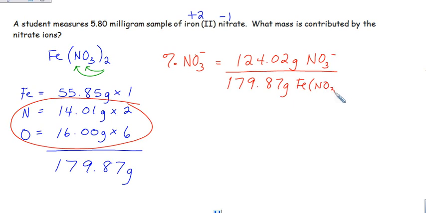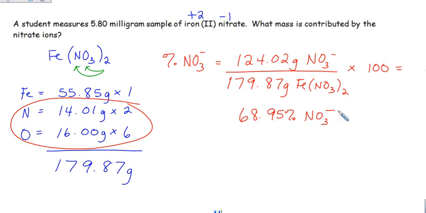Show me this work. Show me this mass. Show me this formula. I don't need to see the blue stuff. Show me the red. Times 100. So this would be about 68.95% nitrate. So almost 70% of the mass is coming from the nitrate ions, which then I can use my sample size,